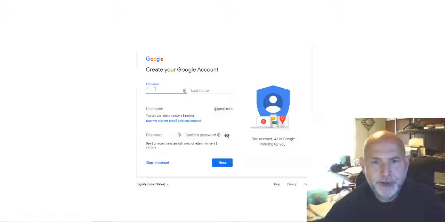First, you'll put in your first name and last name, then you'll select a username for your email address. The username you want may not be available because there are tens of thousands of people out there who may have wanted the same username. So you can have a variation to that username by placing numbers after it or putting a dot after it and giving it